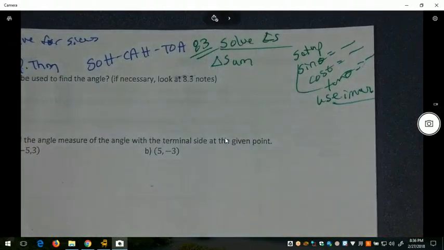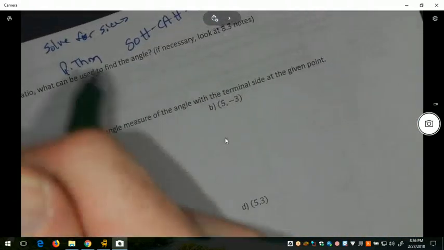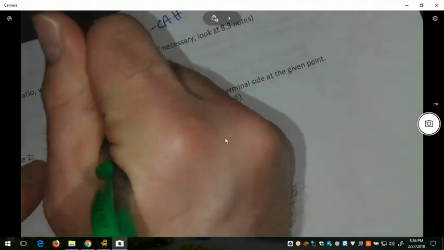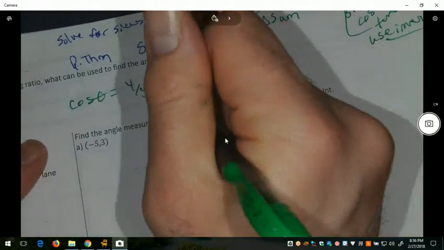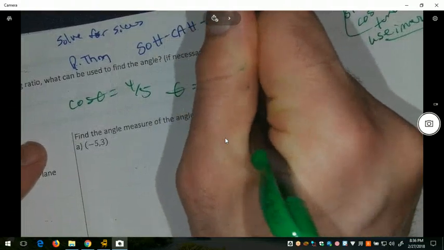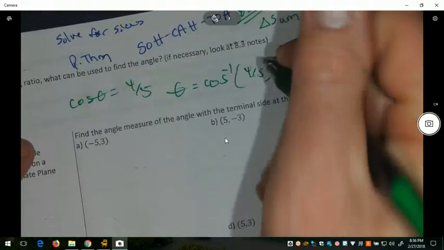It covers those skills. So what do we have to use if we're given a ratio? If I know that cosine of theta is 4/5, well then that means that theta is going to be the cosine inverse of 4/5. I put this